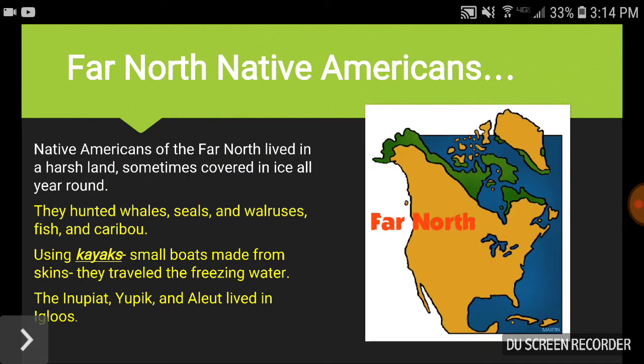All right, so in your third branch of your tree map, you should see far north Native Americans. Again, just like yesterday with the three major civilizations, I will give you a snapshot of these Native Americans and the lives that they lived, but it is by no means all-inclusive of every single aspect of Native American life. So keeping that in mind, know that your notes are not going to cover every single detail of culture and the ways that these Native Americans lived. It's just enough to help you know that there were differences in how these Native Americans lived.